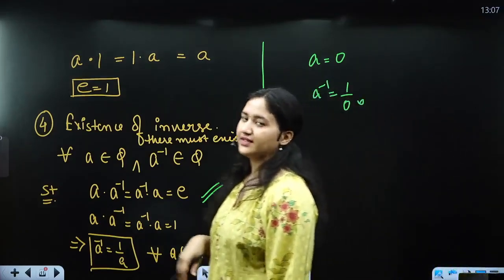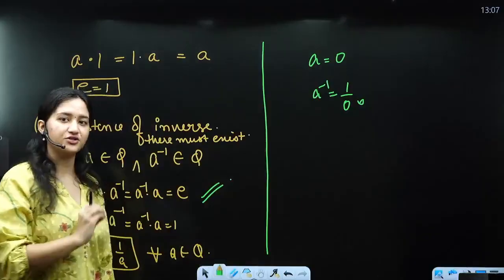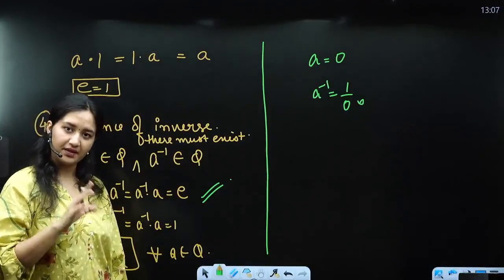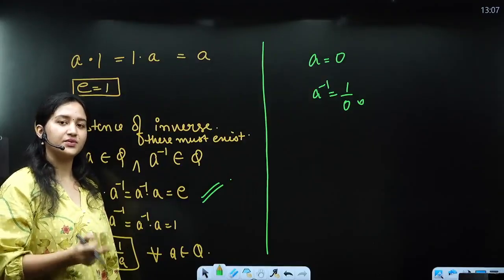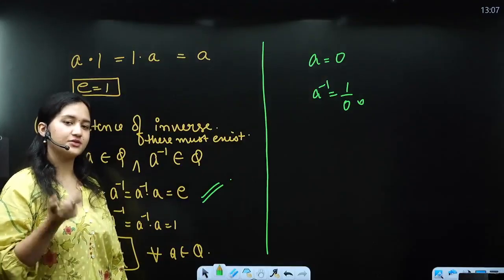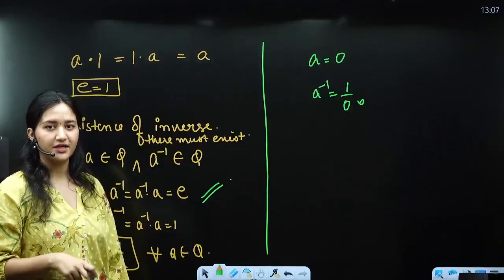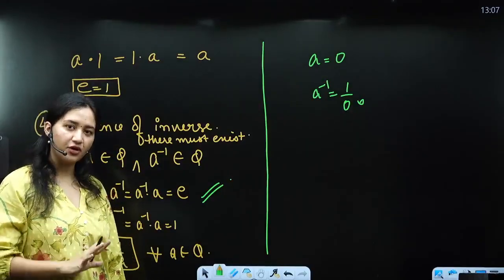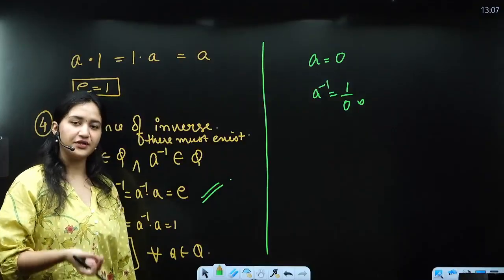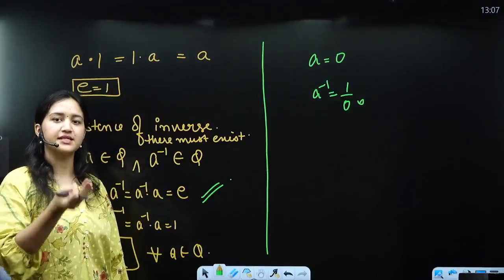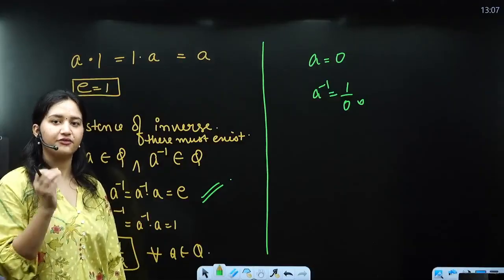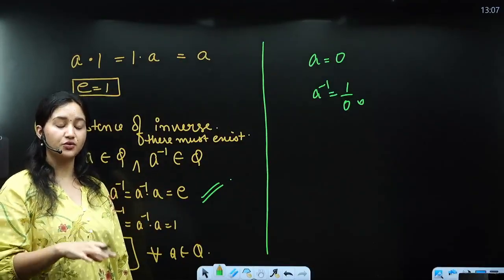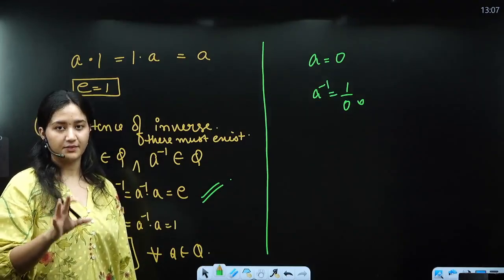So clearly we can say that the set of rational numbers along with multiplication does not form a group, right? Similar is going to be the case with integers, and similar is going to be the case with real numbers. So how do they form groups? That we'll be taking up later on, but for now we know that the set of integers, set of rational numbers, and the set of real numbers form groups with respect to addition, but they do not form groups with respect to multiplication. Okay,